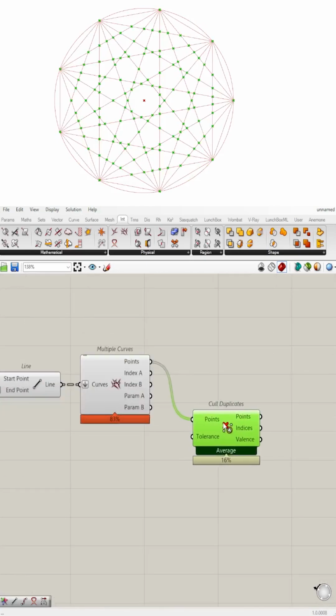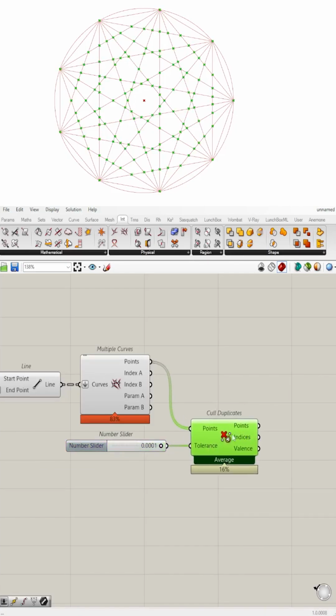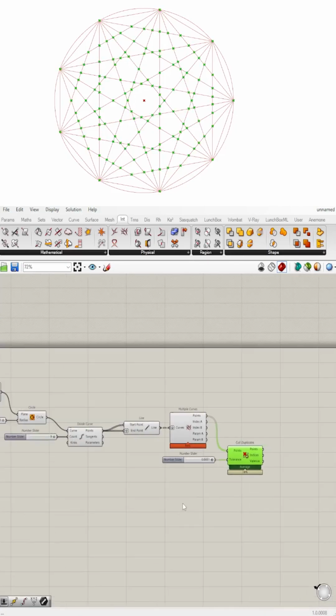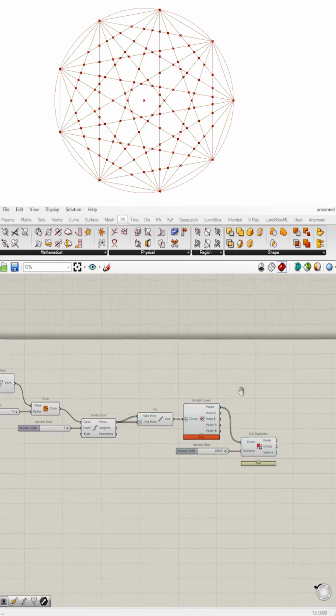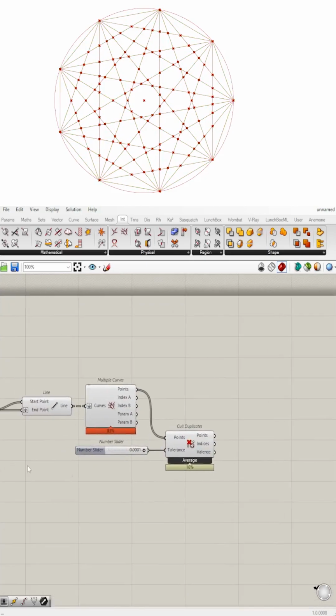The one thing to keep in mind is the tolerance. Once the tolerance gets, let's say if this object is too small, when you have the tolerance set to a specific number, you start merging points together. And so that can change your pattern design. So keep in mind that the tolerance needs to be kind of low here to be able to extract the points correctly. Now we're going to move on to taking